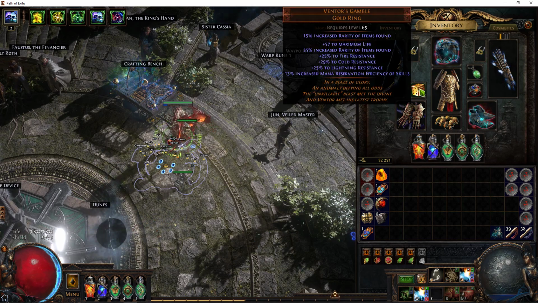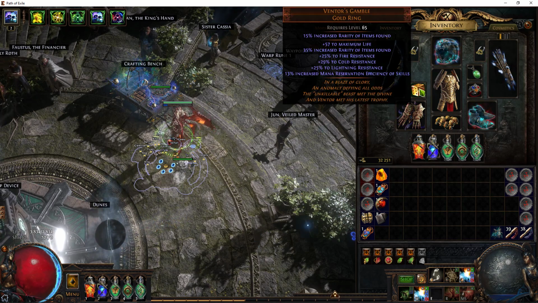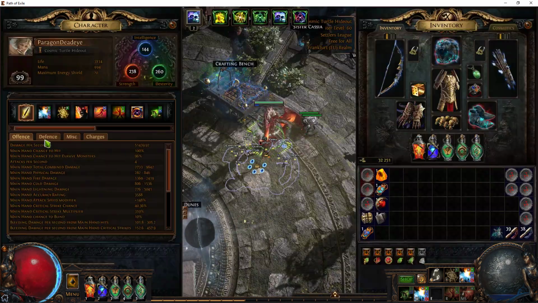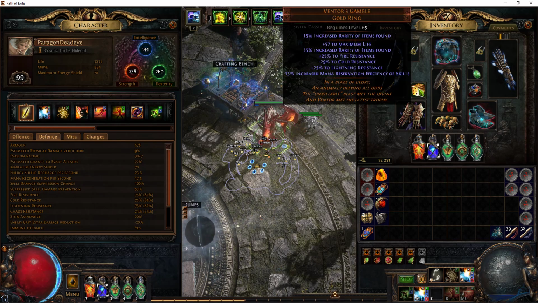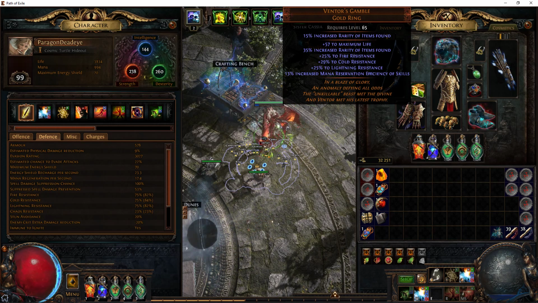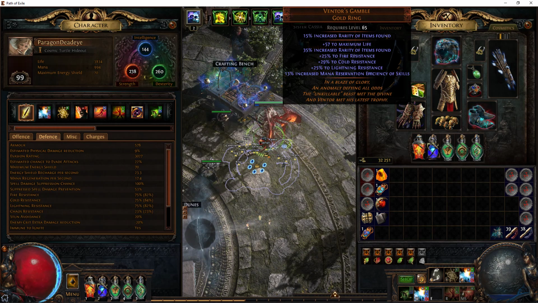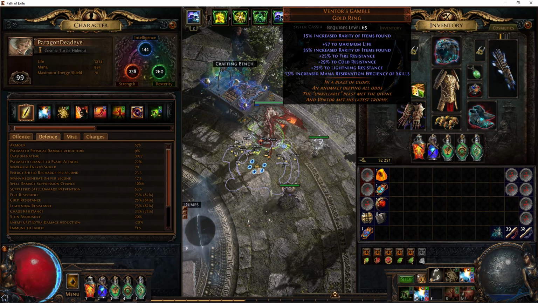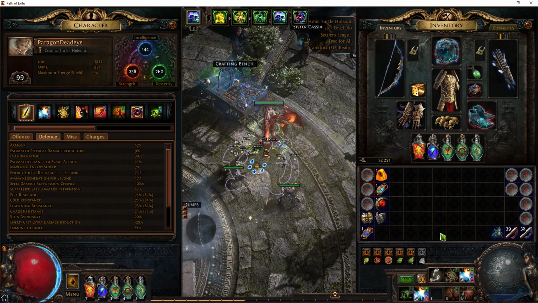The Venturous Gamble is the item that will probably cap your resistances. So I would buy this item last after you've gotten everything else, and then just look for the resistances that you need on this item. For the life and rarity, it depends on what you want, but I just wanted more than 55 life and more than 30 increased rarity and more than 10% increased mana reservation efficiency, so that I have enough